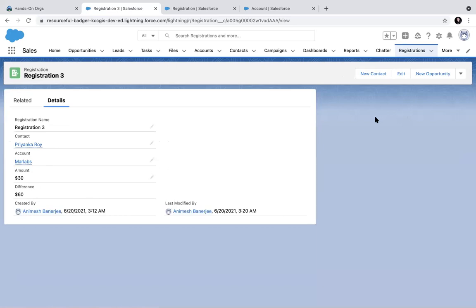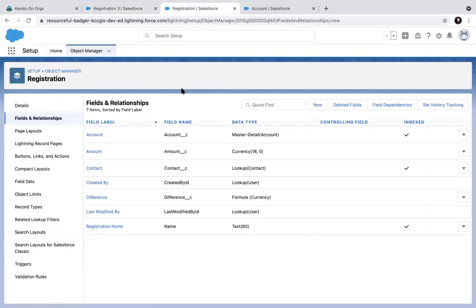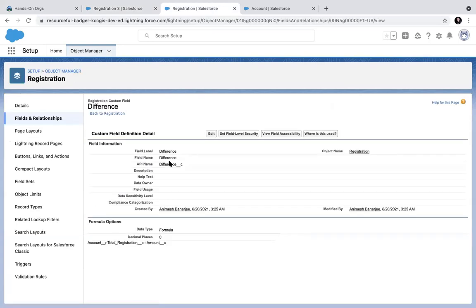Clear? Yes, sir. So now it has become 90 on the parent side, and that's why the difference is now changing. This formula field is using a field from this object itself and a field from the parent object, so this kind of formula field is called a cross object formula, because I am using fields from two different objects, right?